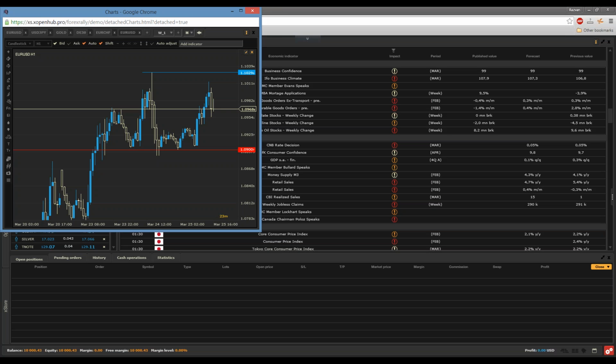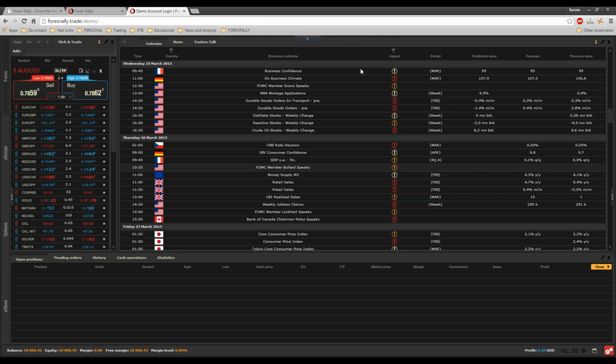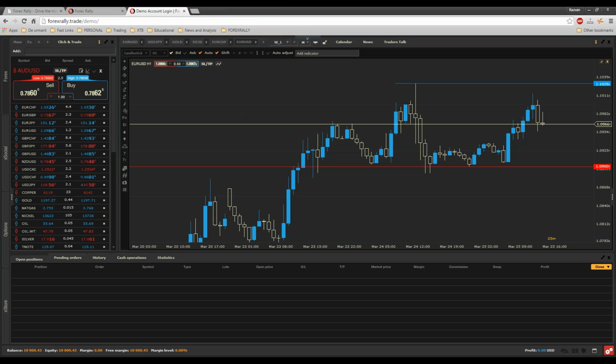It's awesome because I can watch multiple charts, I can watch news, I can watch everything that happens in the market, or almost everything on four screens. Imagine having 6 or 8 screens. Now, the platform is awesome for trading. It's done for trading. Let's get it back in the main platform, and let me show you some more features of it.